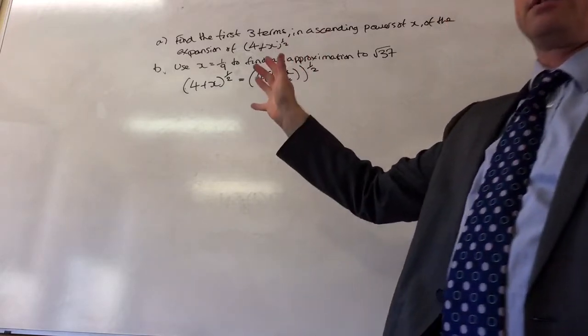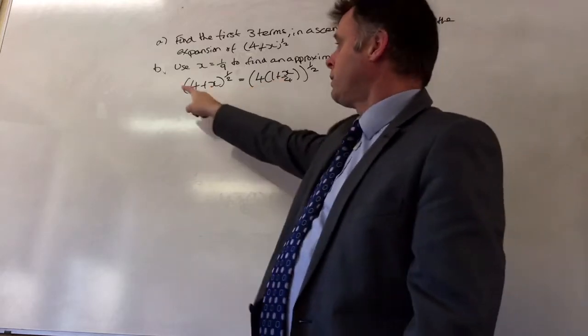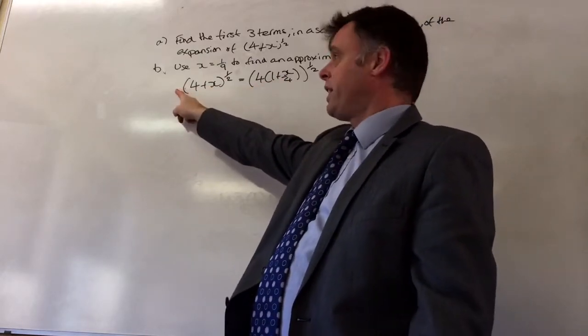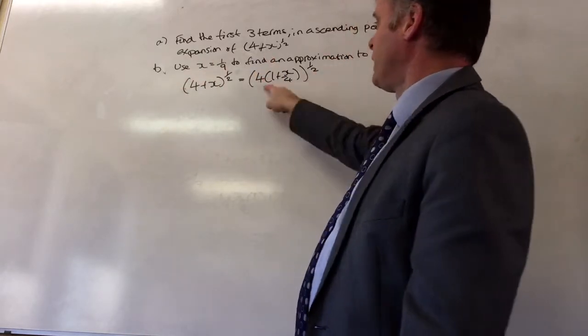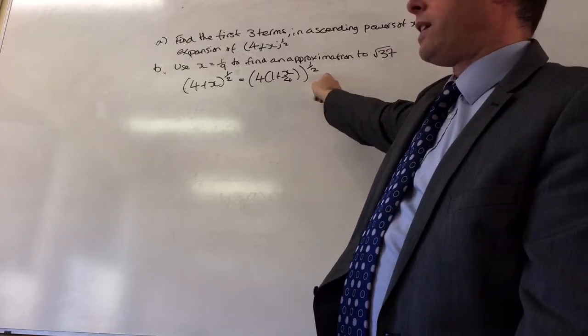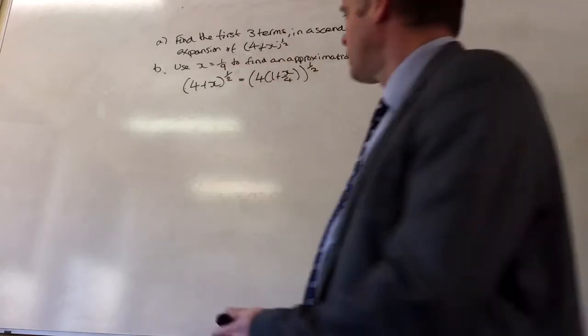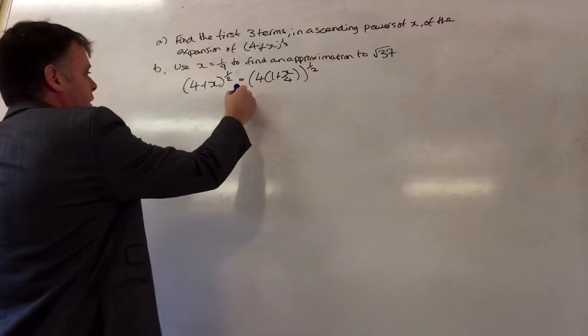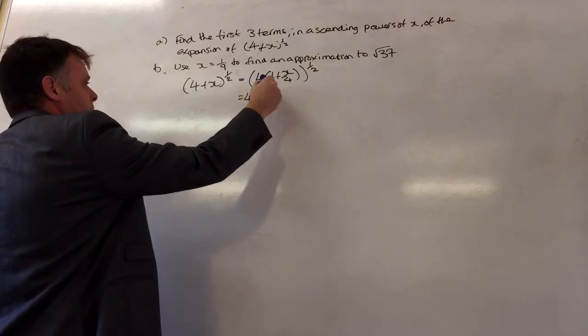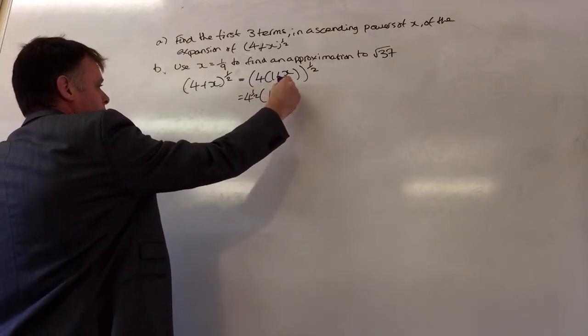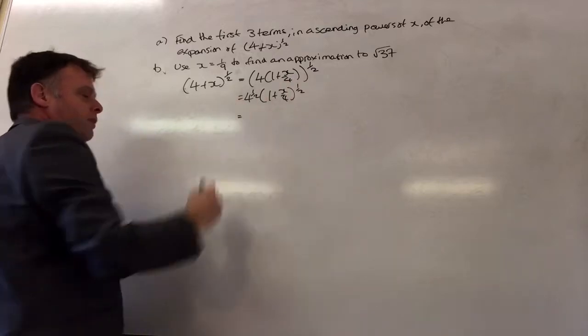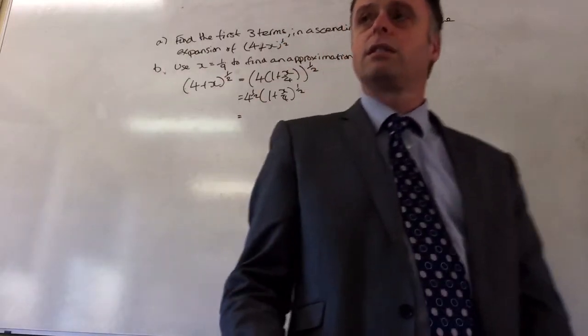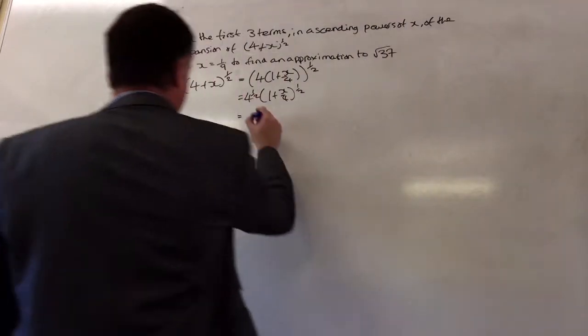a half. What some people do is they say, okay, factor of 4, they take the factor of 4 outside, which is great, but then they forget that that 4 needs to be to the power of a half as well as the other thing, and that can lead to some errors. So we end up with 4 to the power of a half times 1 plus x over 4 to the power of a half. Hopefully we all know 4 to the power of a half is 2, it's a nice whole number, and then